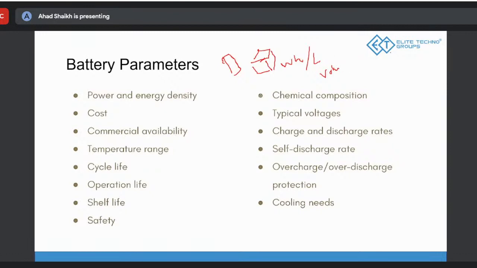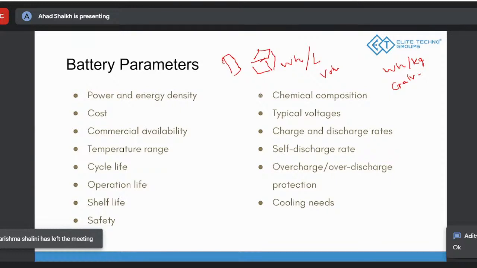And for per kg of weight, how much energy it stores? So watt hour per kg. It's called gravimetric energy density. So these are the two terms which are considered when you select batteries for your